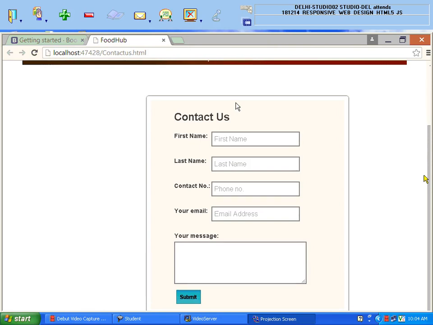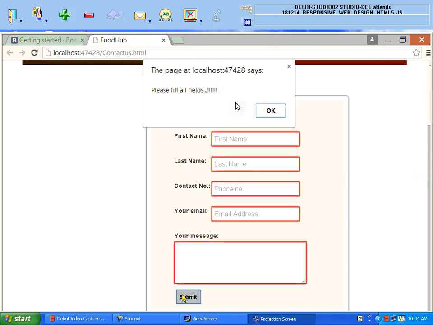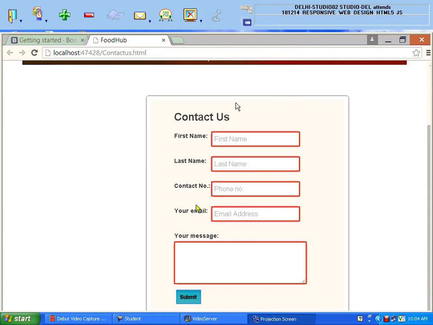I have tried to use some form validation in this example. I want that when someone tries to submit this form and clicks this submit button, all fields need to be filled. Another thing you can see over here is the first name. Whenever my